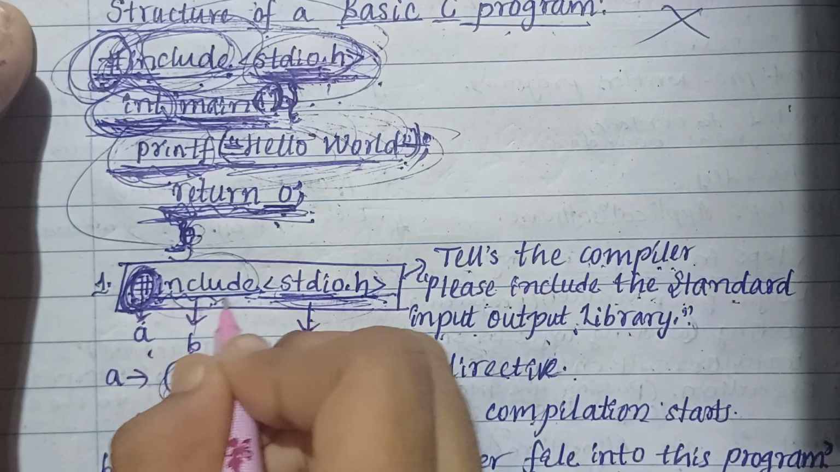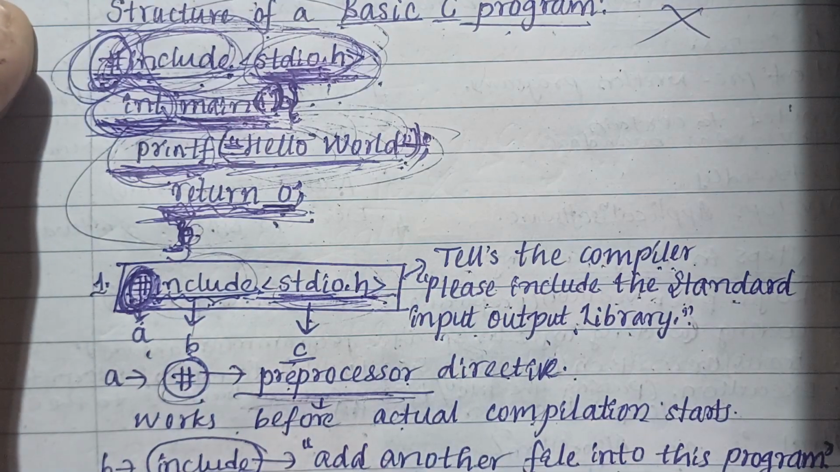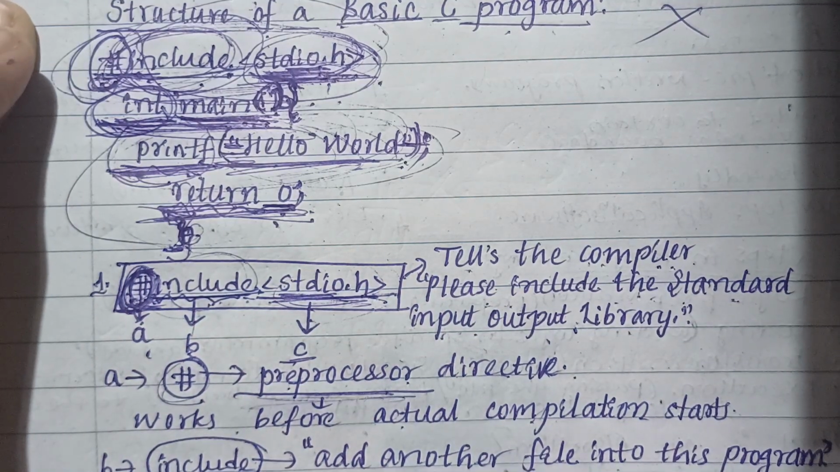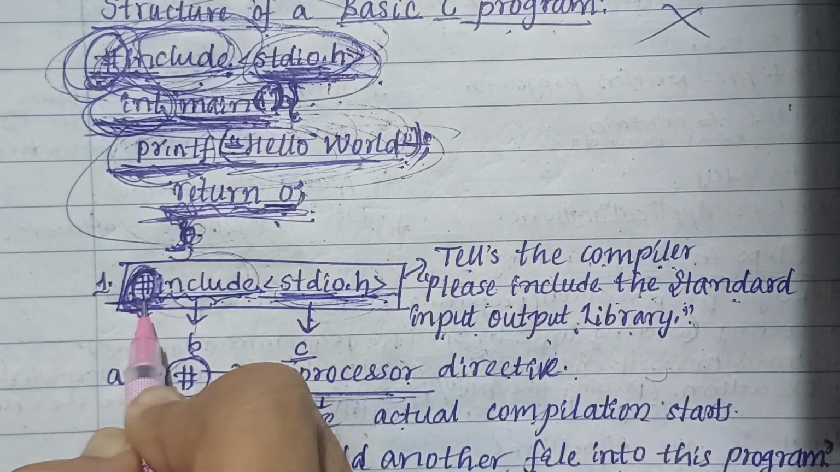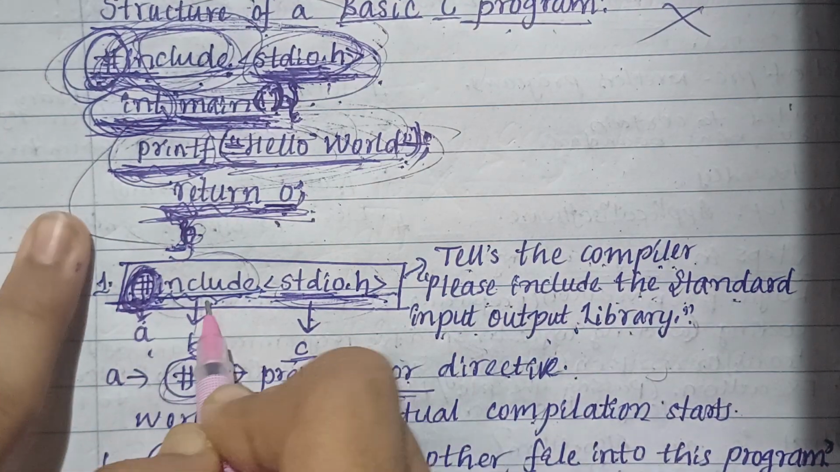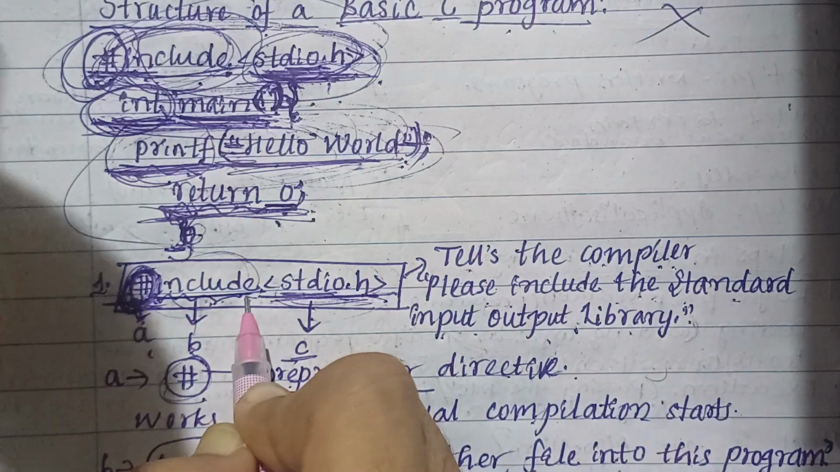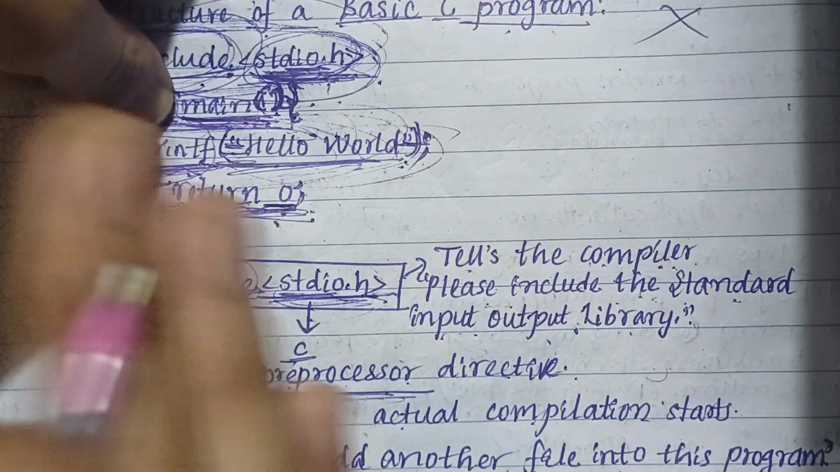And then you will be having this include. What does this include mean? It will add another file into this program. So this hash is nothing but your preprocessor directive, and this include is to add another programs, like another